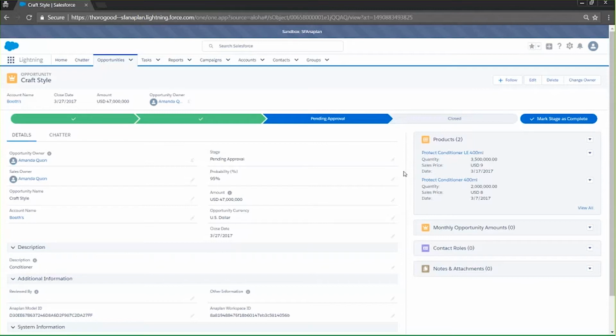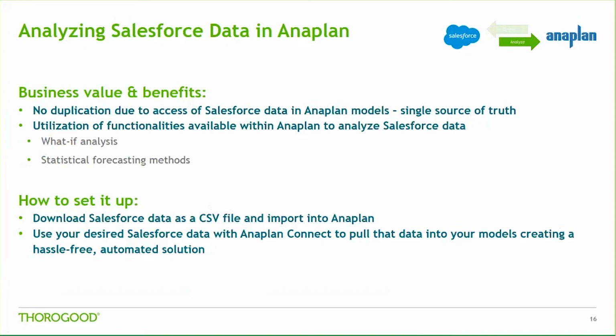So now that I've done my job, I've updated Salesforce per the latest requirements from the customer, I'll hand it off to Austin so he can analyze that data in Anaplan. Thank you, Amanda. So now before we jump into our second demo of utilizing the Salesforce data Amanda just updated,